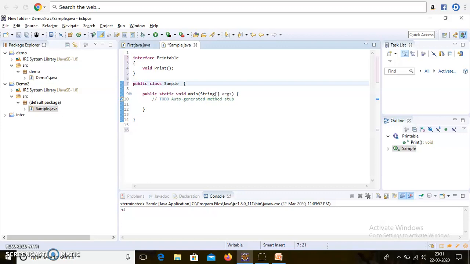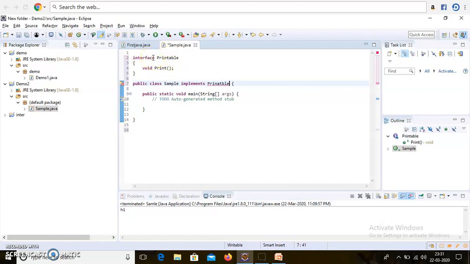So here I have to mention the keyword implements with the interface name, that is Printable. If you understand this, how to implement Printable, here I'm mentioning the interface name.